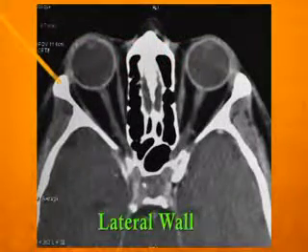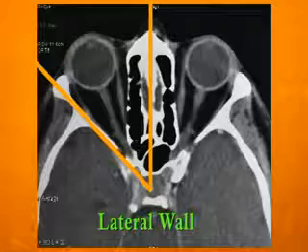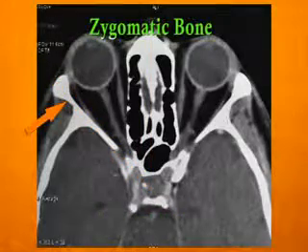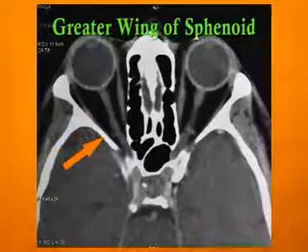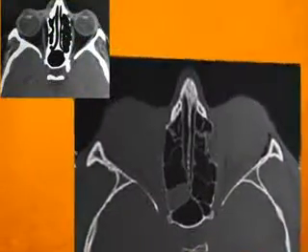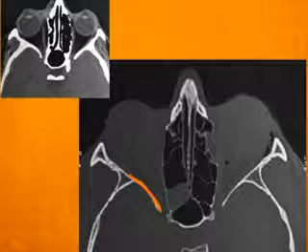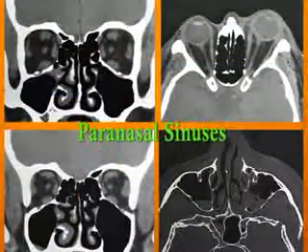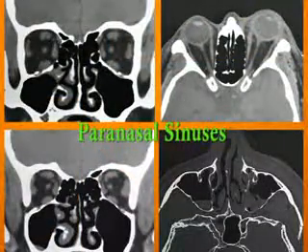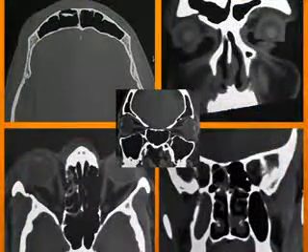The lateral wall forms a 45 degrees angle with the mid-sagittal plane and is formed by the zygomatic bone anteriorly and the greater wing of the sphenoid posteriorly. On axial scan, it shows a slight convexity in its posterior part, then becomes flat in the mid portion and finally becomes concave anteriorly. The paranasal sinuses can be evaluated collectively by looking at the coronal and axial scans.